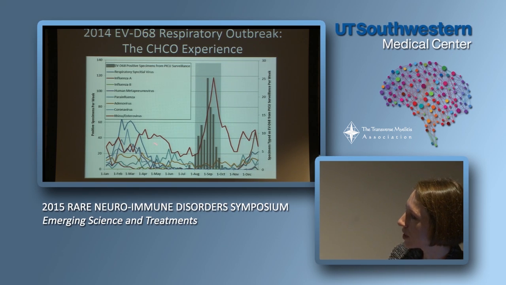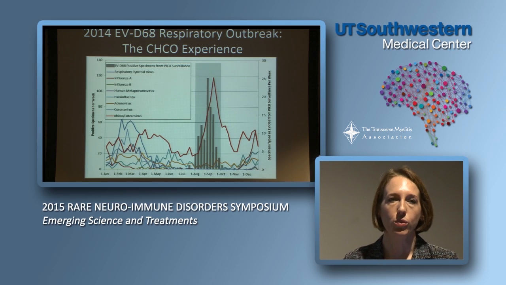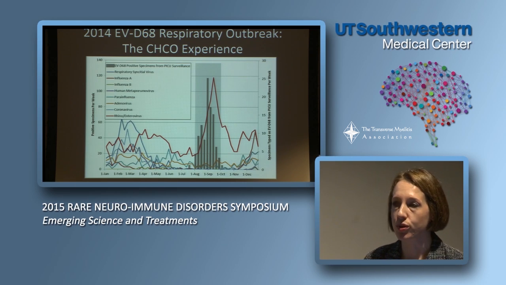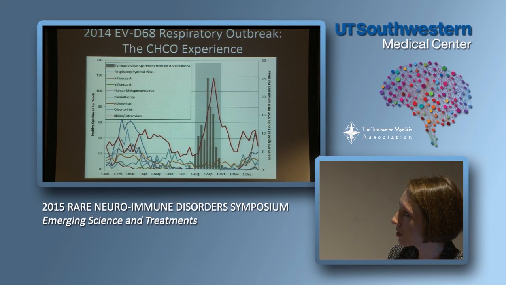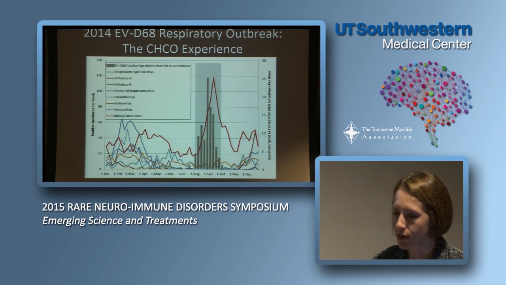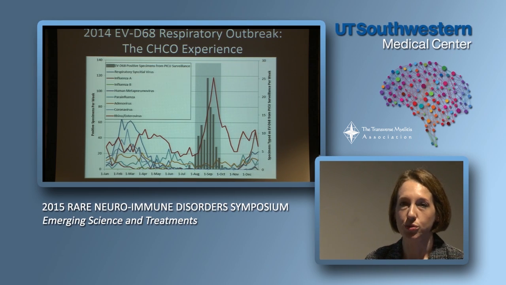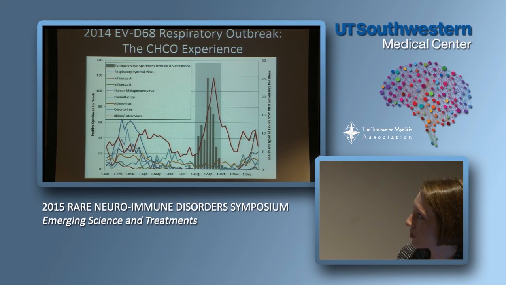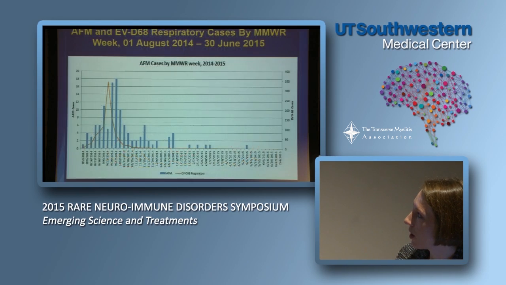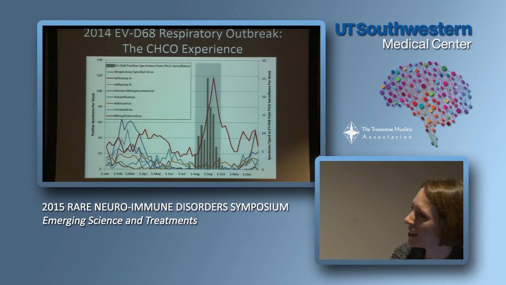All of these lines over here represent different viruses that we were detecting in the patients who showed up to our hospital who were ill, particularly with respiratory symptoms. And what you see is around the time that we saw all of these acute flaccid myelitis cases, we also had this spike here, and that spike was in rhino and enterovirus. We gave them a test that doesn't distinguish between these two types of viruses, but you see that was a pretty big spike there. And they seem to have a similar shape.